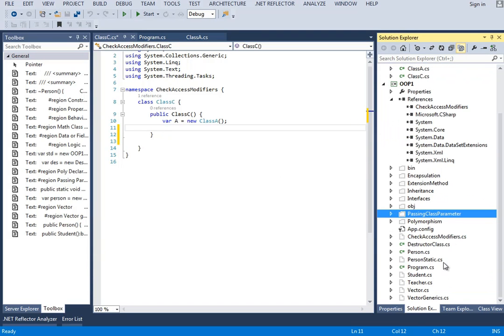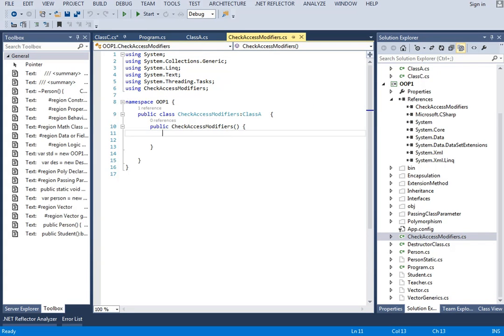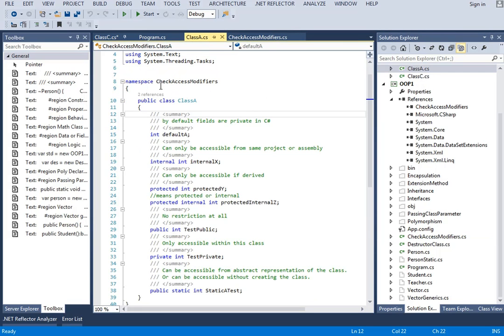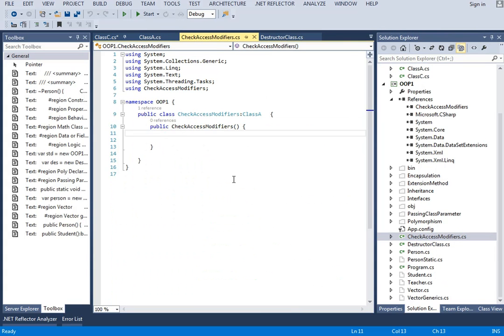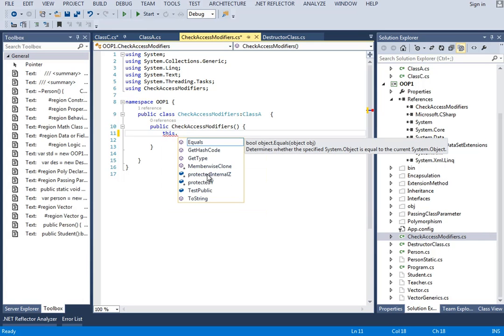other projects. So here I have another class, and let's just quickly... so I have already inherited the class from class A. If you see that I have already imported the namespace check class modifiers, and here is the check class modifiers. So what I did is inherited the check access modifier from class A. So if I really write this dot, you can see that I can access the protected internal